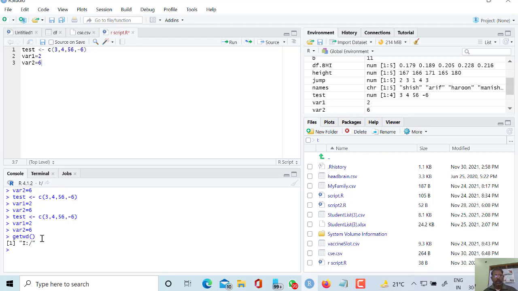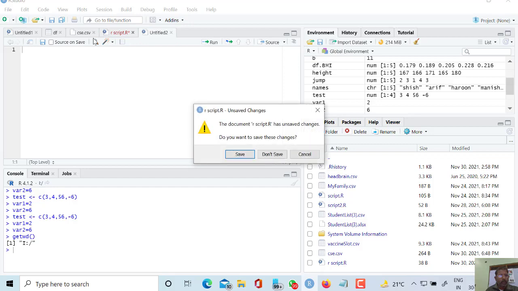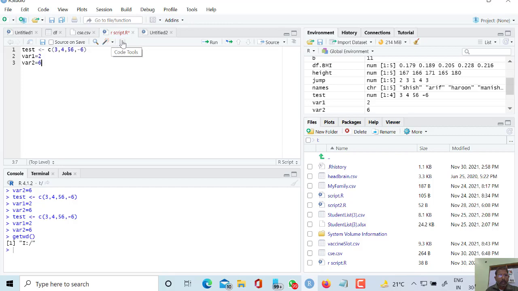Now the next topic is how to do indexing and slicing of a data frame. First of all, I want to declare a variable to store the data set. Suppose I am writing into a new script. I want to close all the other scripts here.